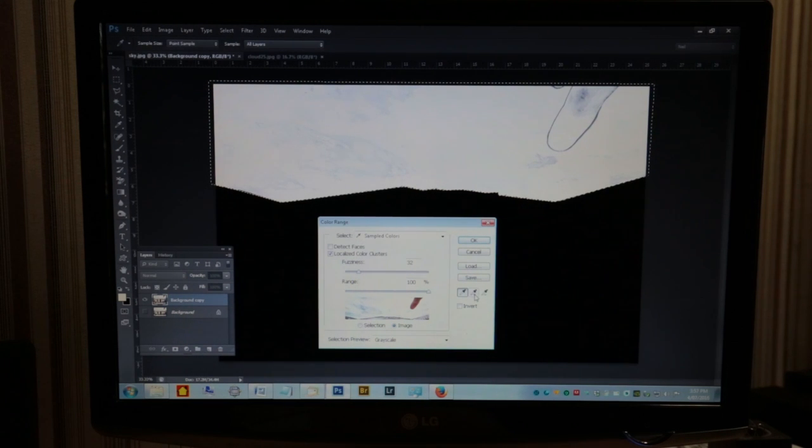So I now add to selection, because there's a lot of off grey colours in the sky that I need to get rid of. So, and then just click multiple times on those grey areas to remove all those grey